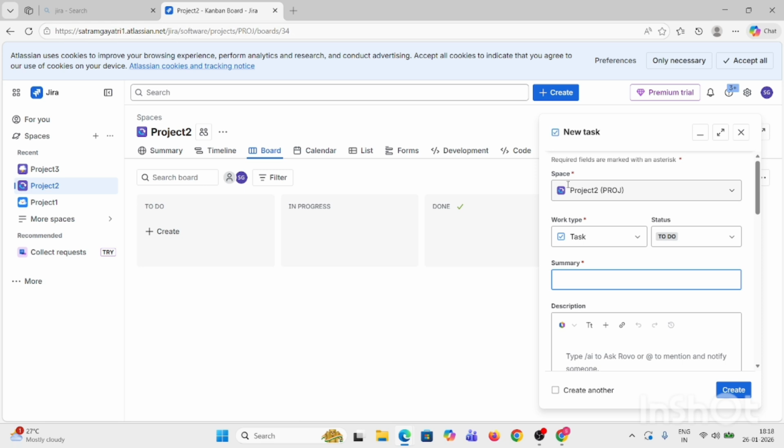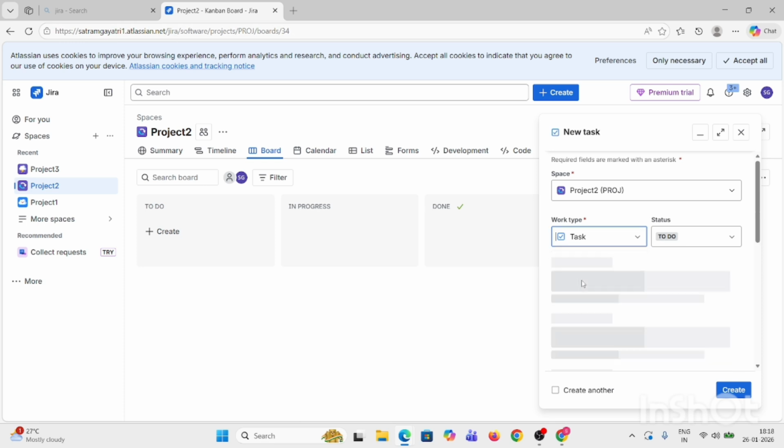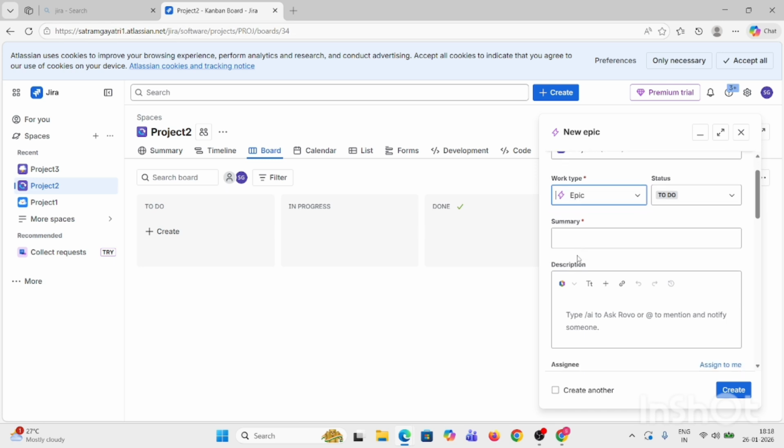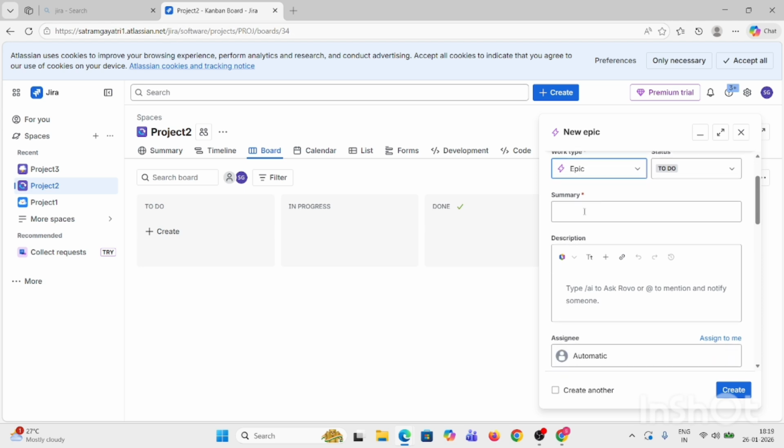Our space is project 2. For the work type, I'm going to keep it as epic, because epic is the parent. It is a main one, a parent, a larger feature. As we already know, from Epic we'll get everything. So I have kept the work type as Epic firstly, and then I'm going to keep the summary as user login